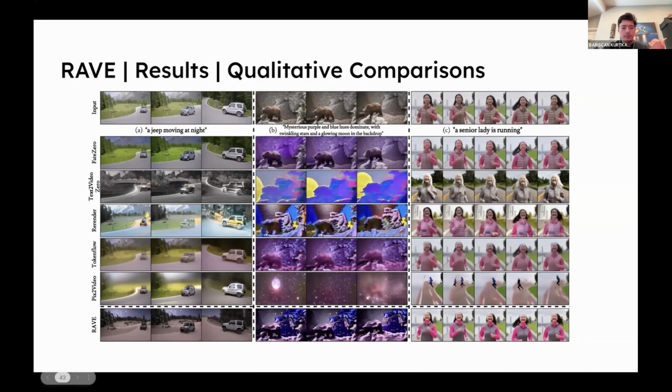So as you can see, the first prompt is a Jeep moving at night, and Fate Zero actually did a great job since they're using prompt-to-prompt, but there are some limitations because you also need a source prompt and target prompt. And it is quite slower than us because they both need to do the diffusion step for the target prompt and also the source prompt. Also for Text2Video-Zero, it has some issues, as you can see, for all videos,